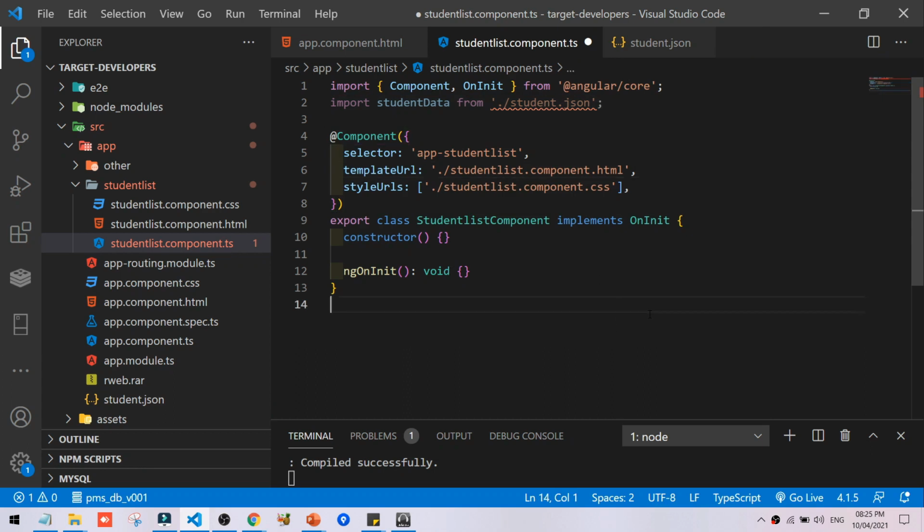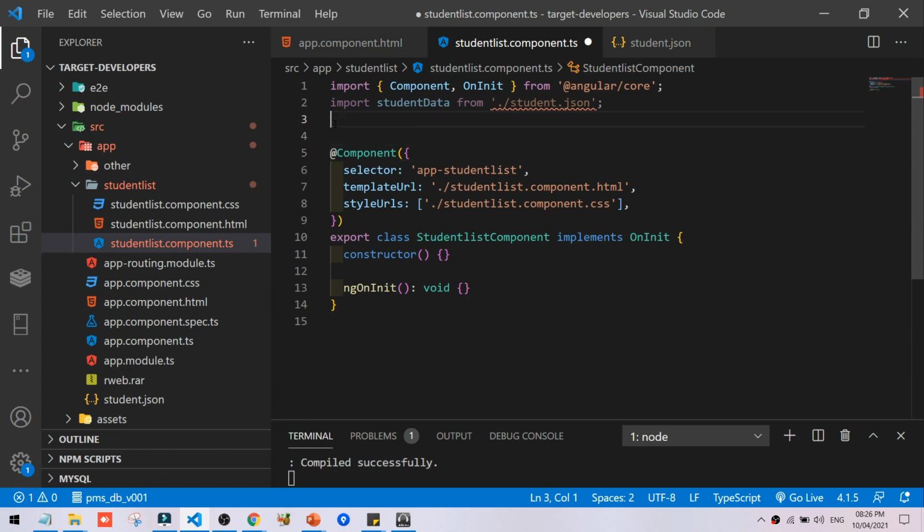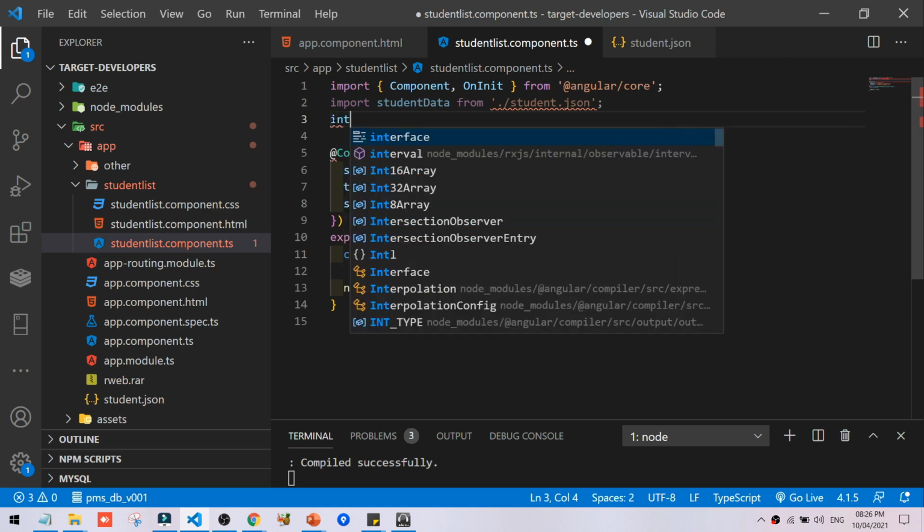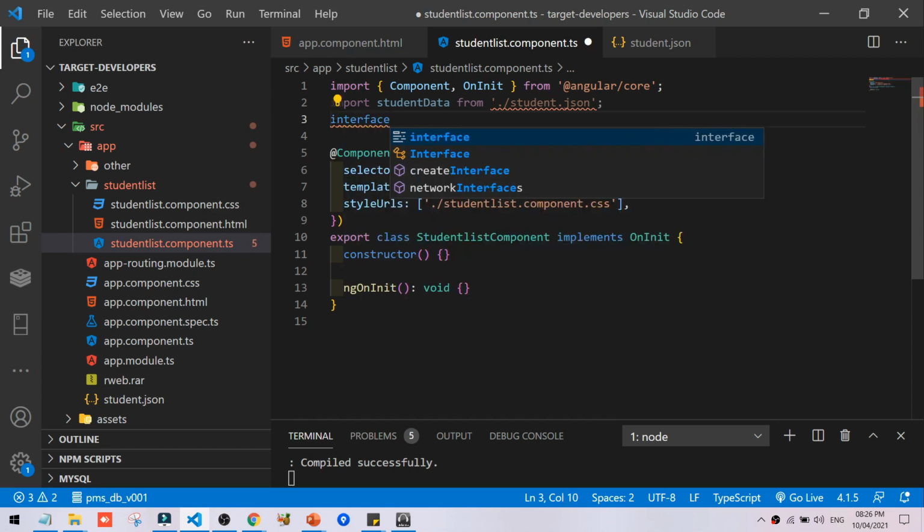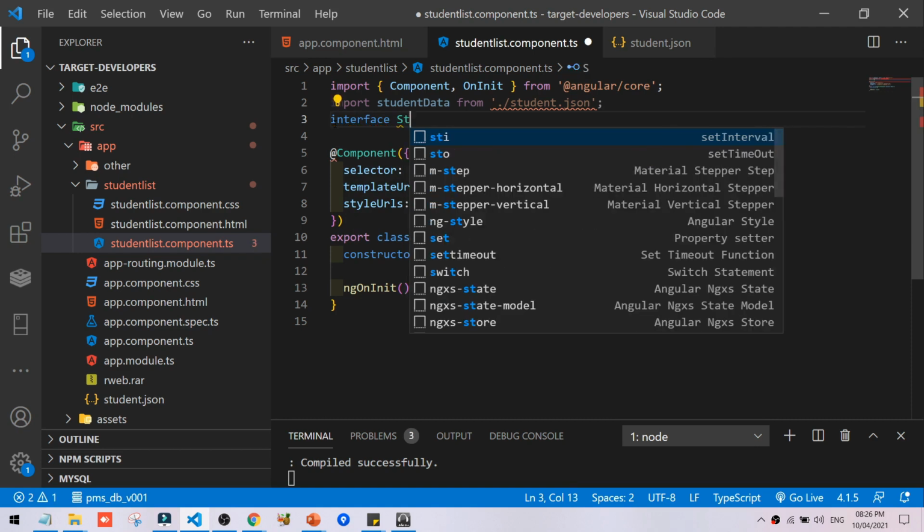Okay guys, next we have to make an interface of a student, then we make an array, a student object array. Firstly, we will create the interface. Hit enter. Interface, with the name Student.